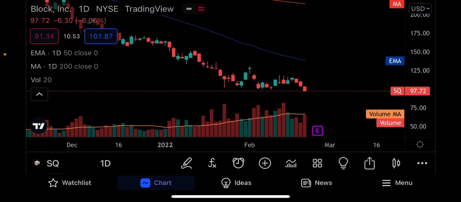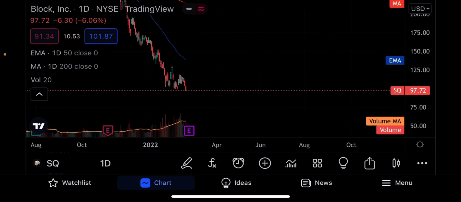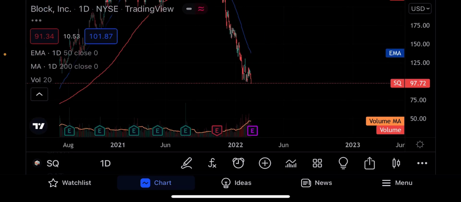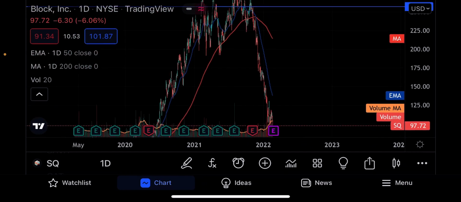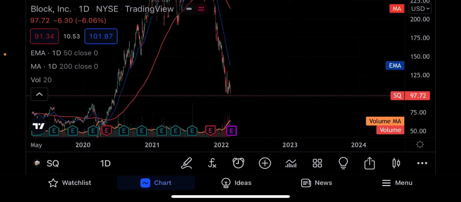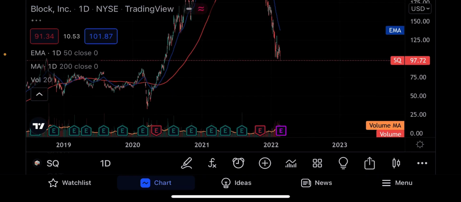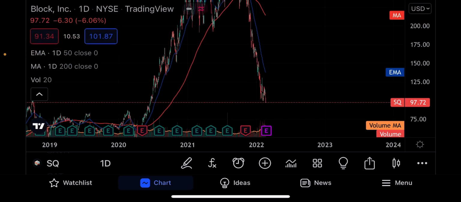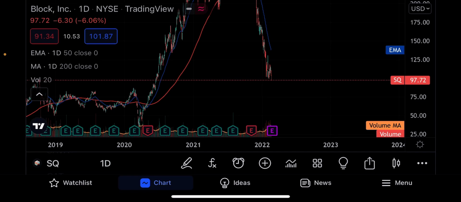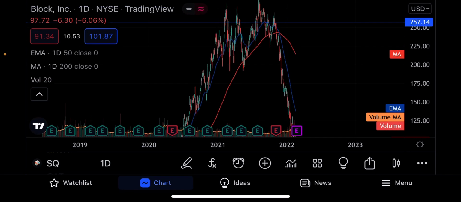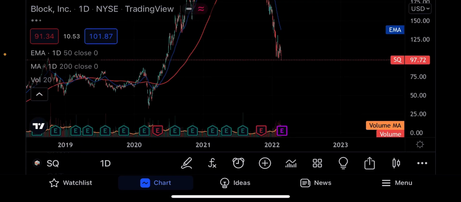Block has been really, really hugely disappointing. If Kathy Woods hadn't bought $1 million of it, I'd be really worried. But look where it's coming down to in terms of where it's been at $25. Fibonacci's would be something really worth drawing here, just to see what kind of a pullback we've had. But it's a little bit tough to do on this small screen.